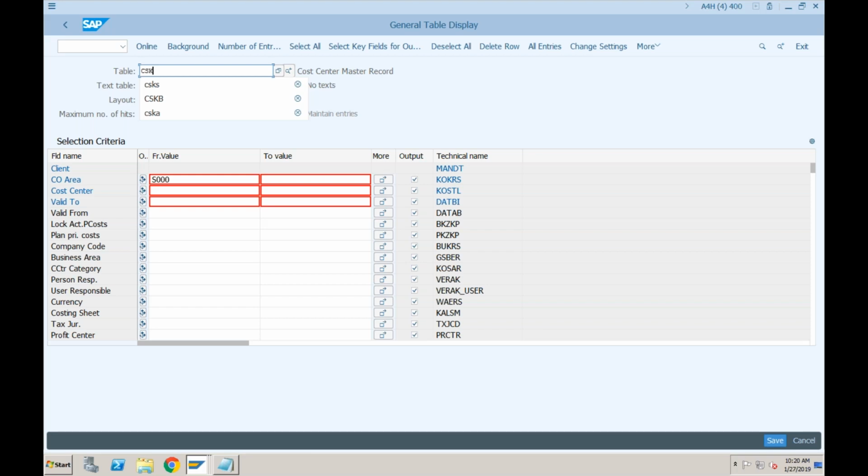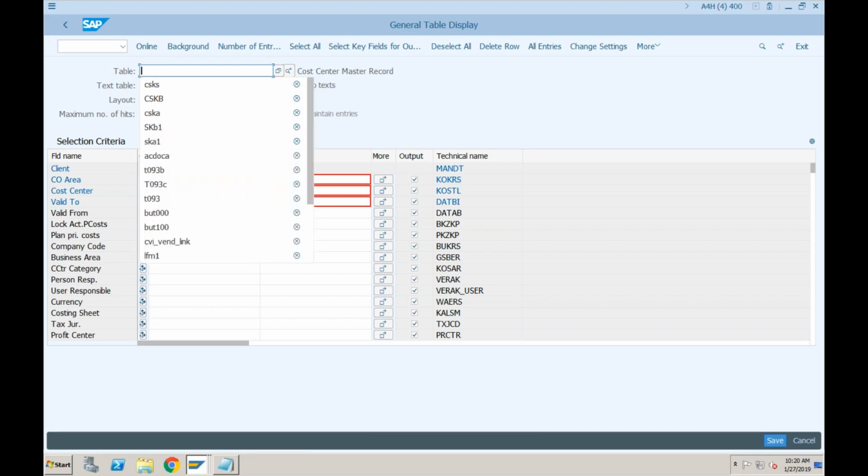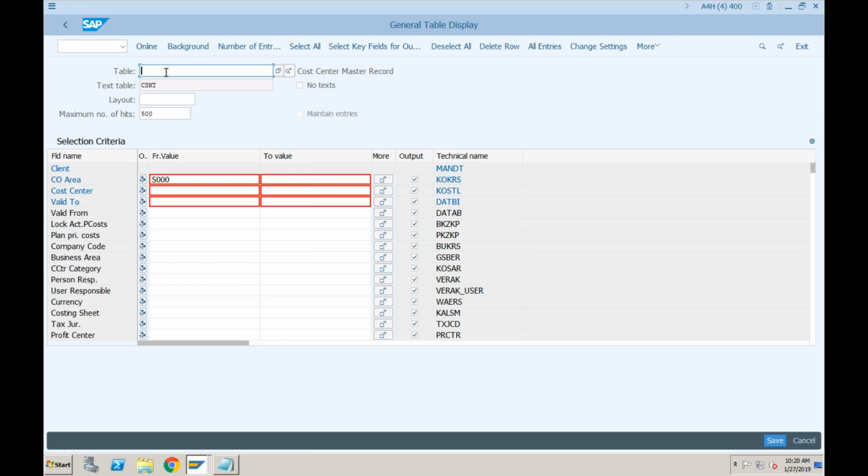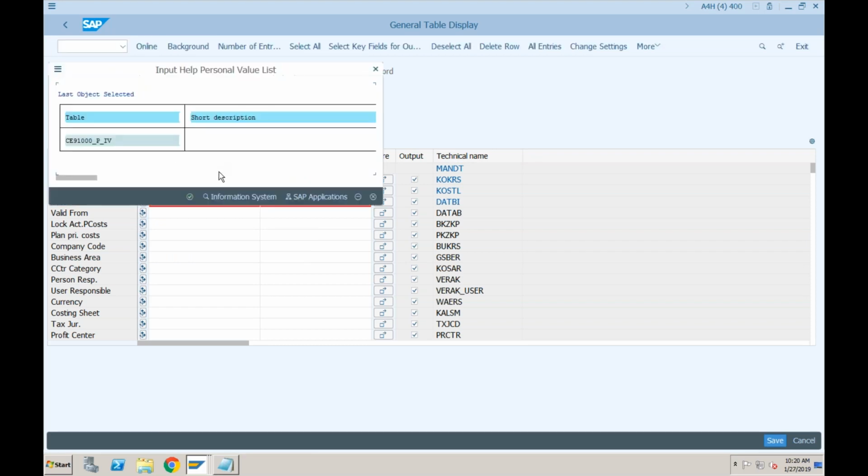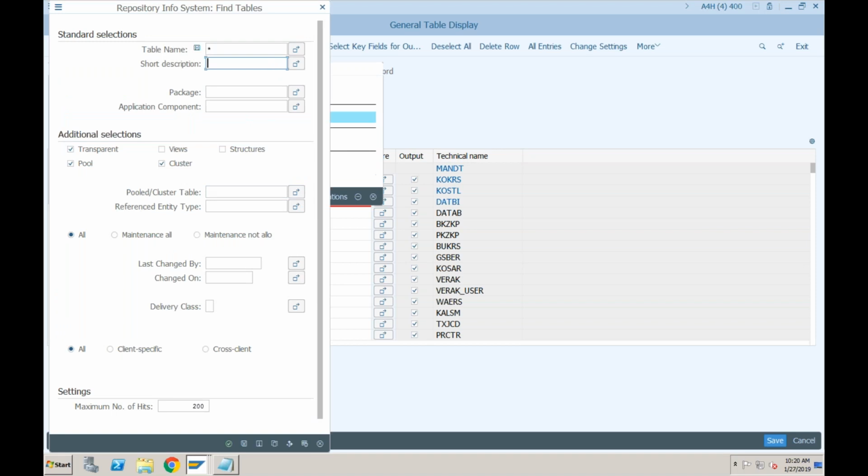Anyone remembers the table for profit center? Even I don't remember. Let's try F4 and let's go to information system, star profit center.